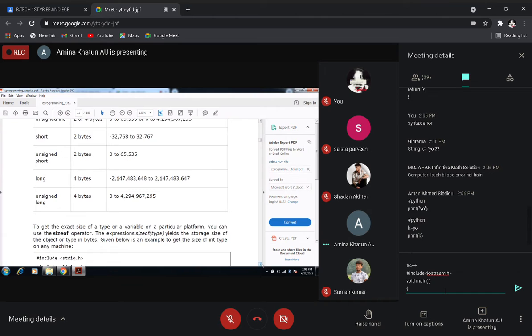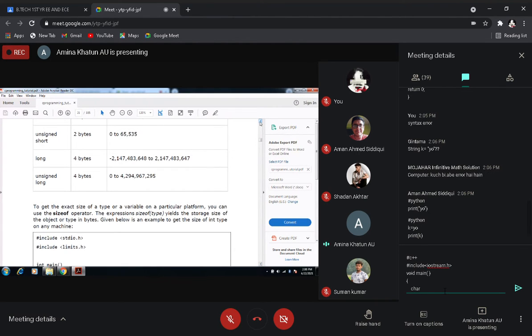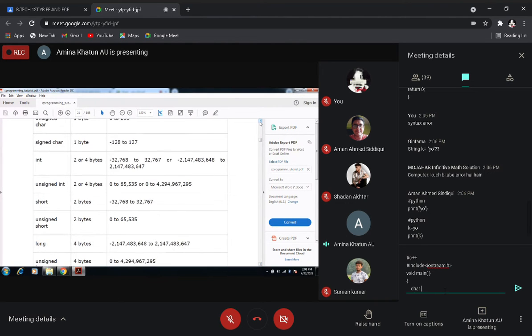Ma'am, what is the difference between signed int and unsigned int? Signed int and unsigned int: whenever you are using the integer data type, suppose you have taken a value, say minus 300. So you have put a minus sign.